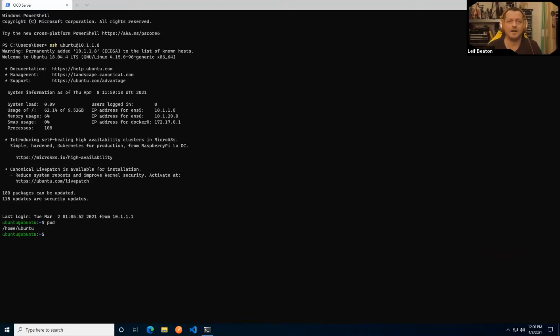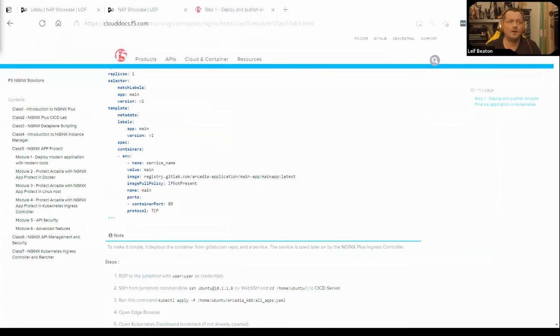And indeed, I am in the right one, and so should you guys be. When we see the next step in the lab guide, we see that it wants us to run, as we talked about, a kubectl apply, and we're feeding the kubectl apply command a file, specifically the all apps YAML file, which exists on the system that we're currently on.